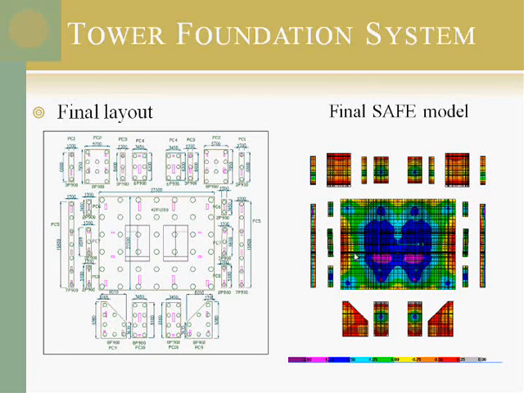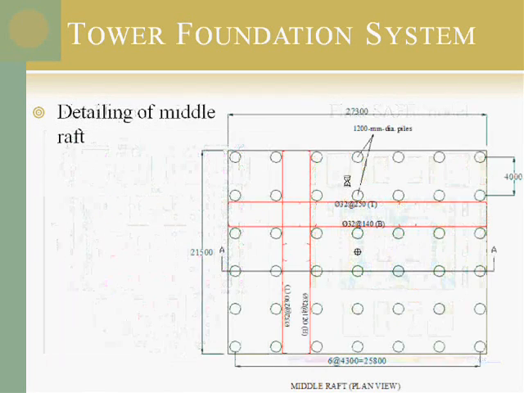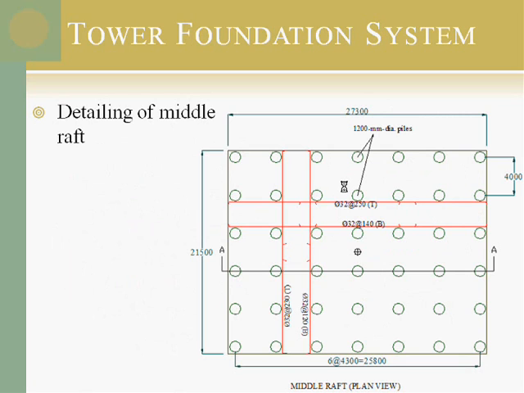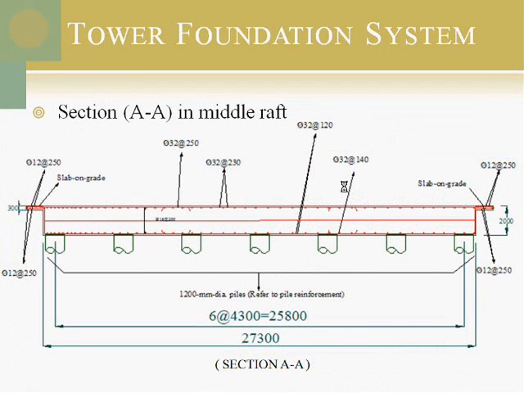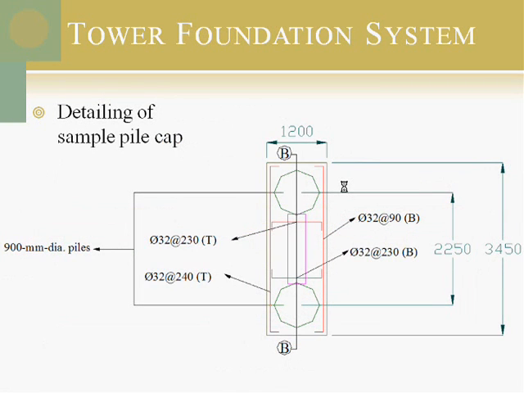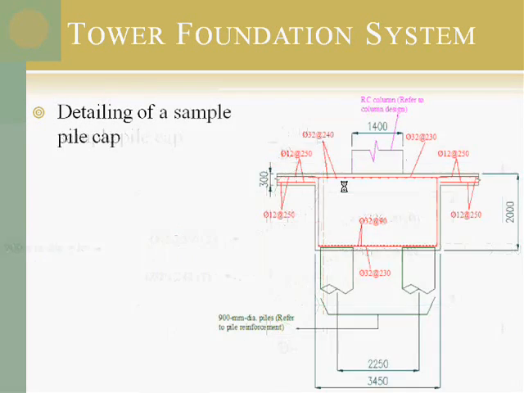This is the safe model, and we have checked that the reaction coming to the pile is less than the pile capacity, and this will be an adequate design. This is sample detailing of the middle raft for the shear walls. This is a section, and this is a sample detailing of the pile cap that is carrying one column,